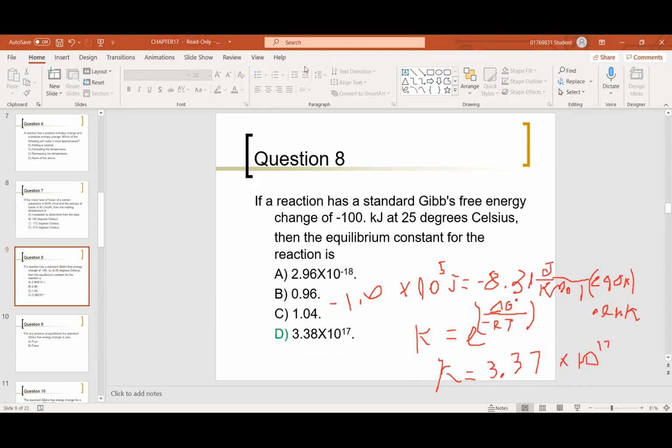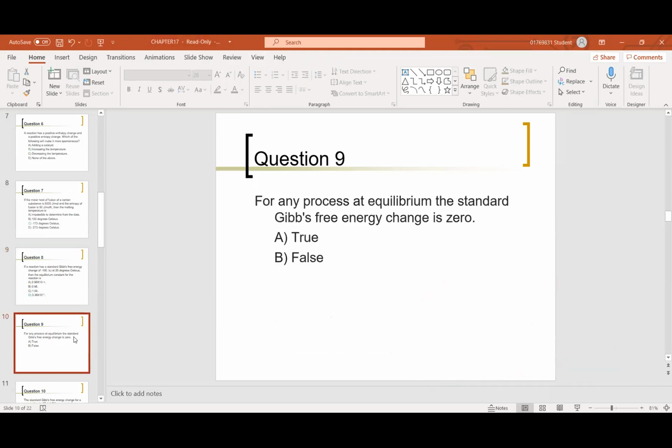All right, clear all drawings. God, I use this annotate tool a lot in physics, and each time I use it, it's still infuriating because it's a mouse. For any process at equilibrium, the standard Gibbs free energy change is 0. For any process at equilibrium, no, I don't think so. For any process at equilibrium, K equals 1. All right, that would